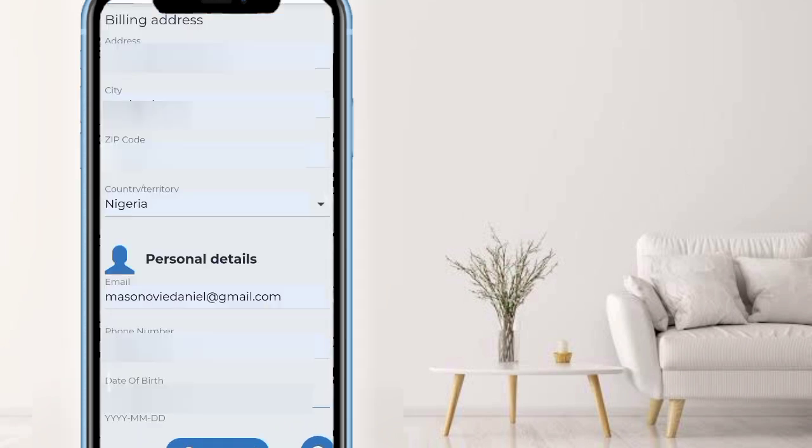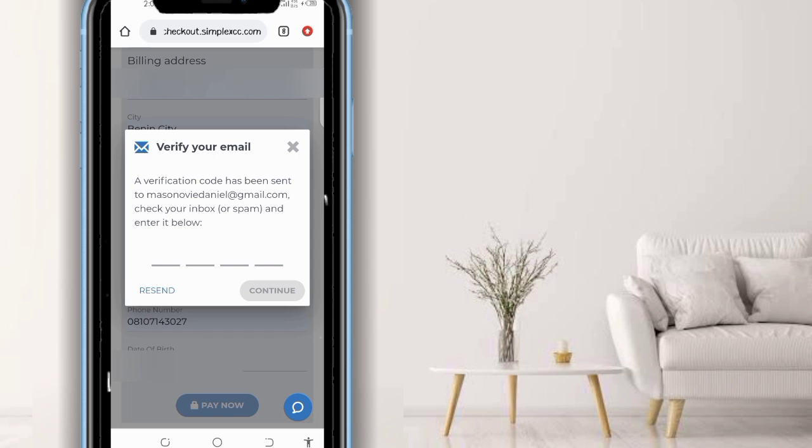And as you can see, I just inputted my personal information. So I'll just click on pay now. I click on it, then wait for it to load up, you understand? Now they will send a verification code to your email address, so you just need to input the code, then click on continue. Now, as you can see, I just inputted the code from my email address, so I'll click